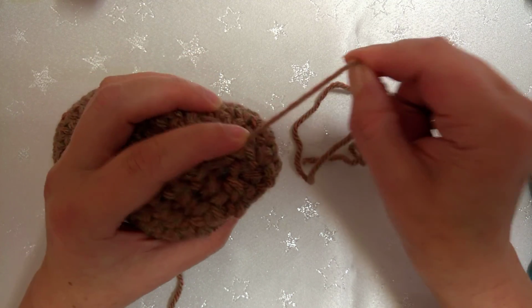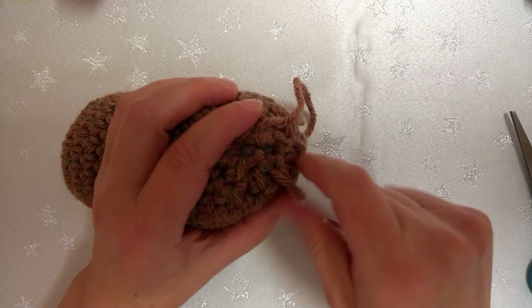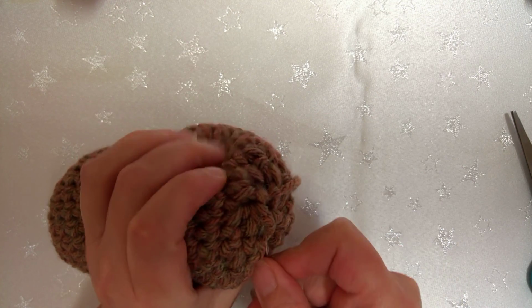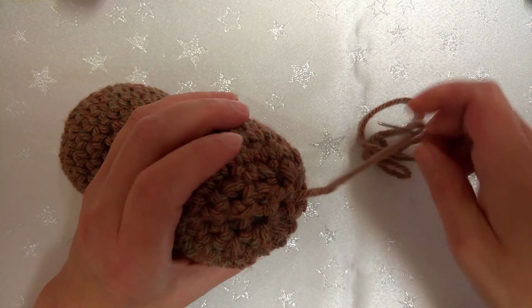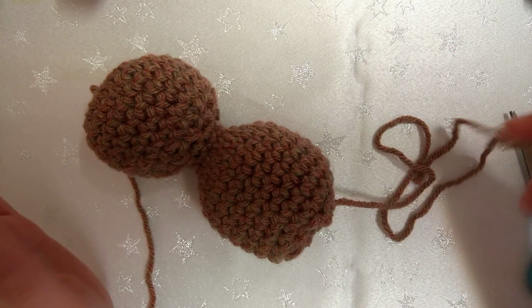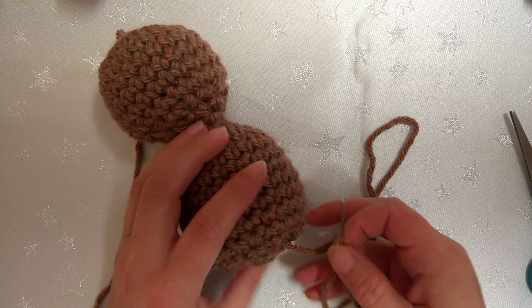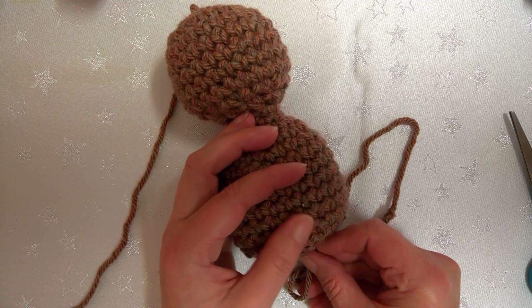Okay, and then just to make sure we're keeping it nice and secure, we're just going to come through with a couple of stitches just to make sure that this bottom is not going to come undone. Okay, and then because I know I'm overly fussy about losing things and little children and whatnot, and eating stuff, so my tail end, what I'm going to do is I'm going to come up through the